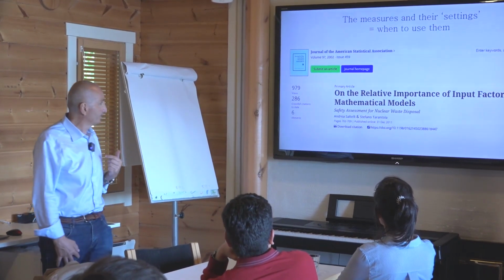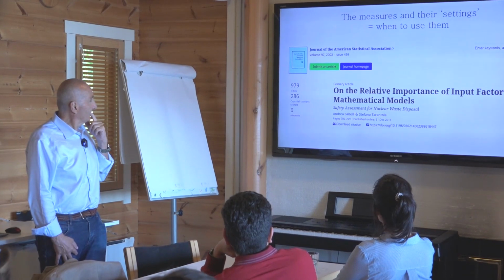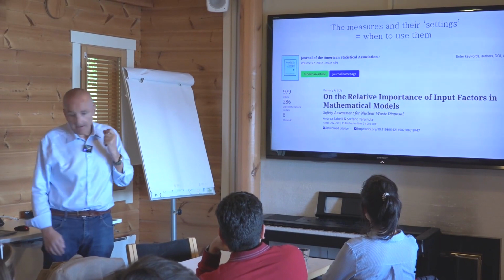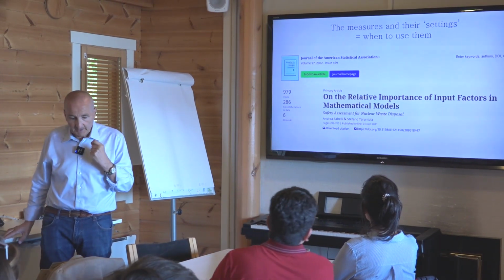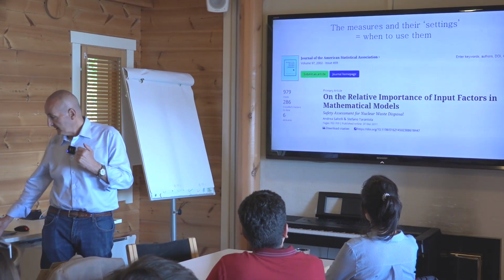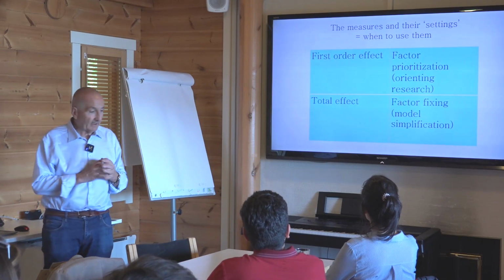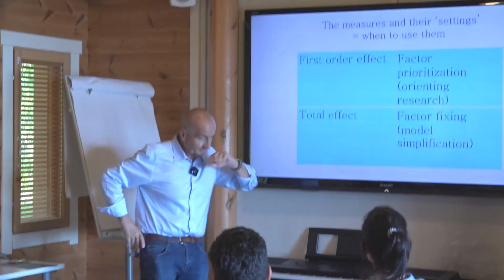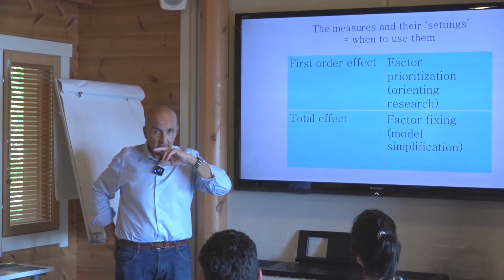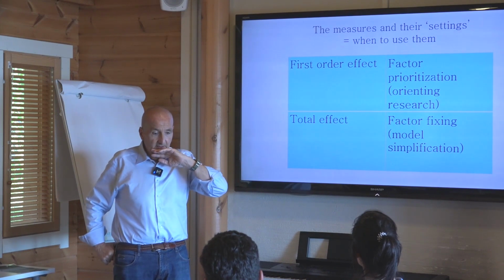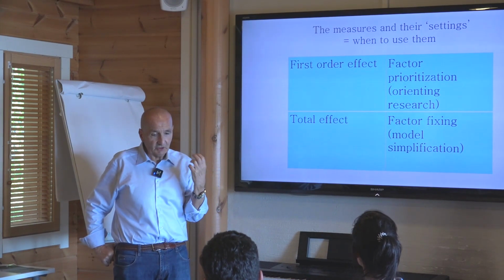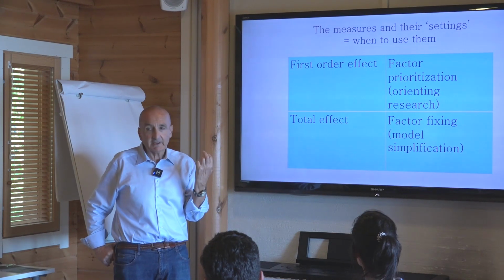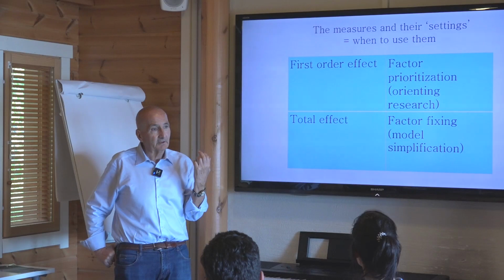Okay, so this is a very old paper I did with Stefano, discussing when to use what for sensitivity analysis. And I haven't told you anything about the total effect, but maybe some of you know already what it is. Total effect is a measure of sensitivity which resembles the first order index, but which also captures the higher order